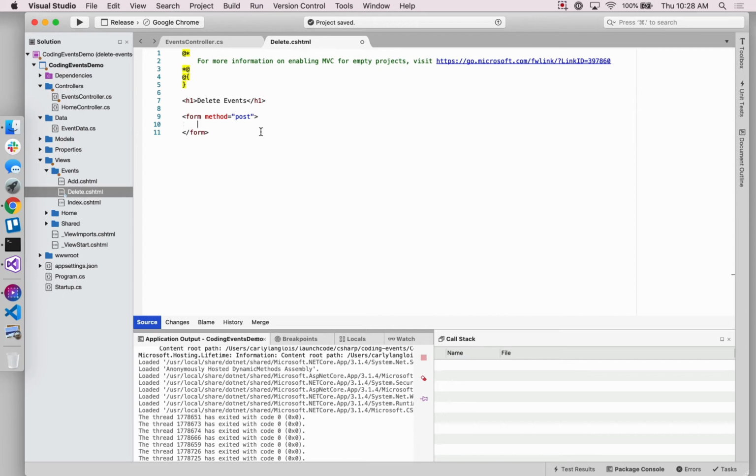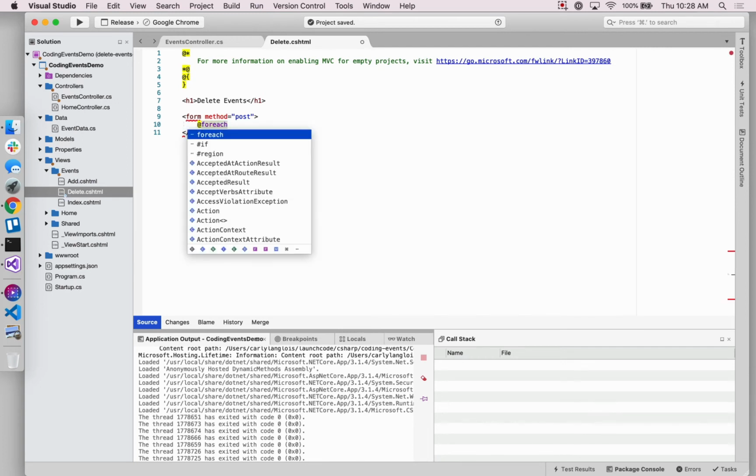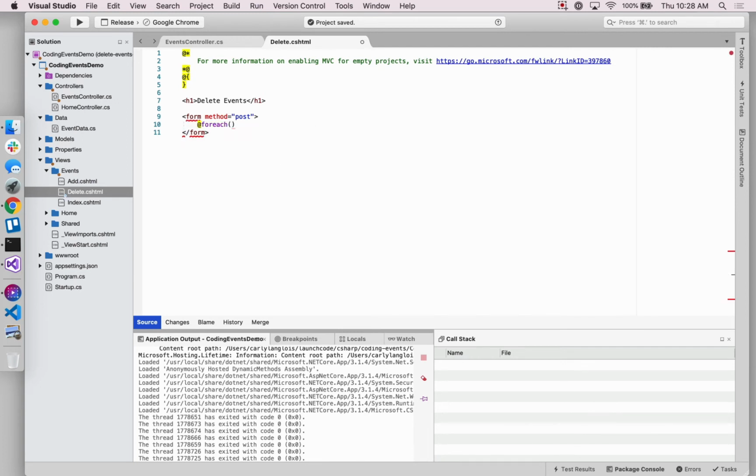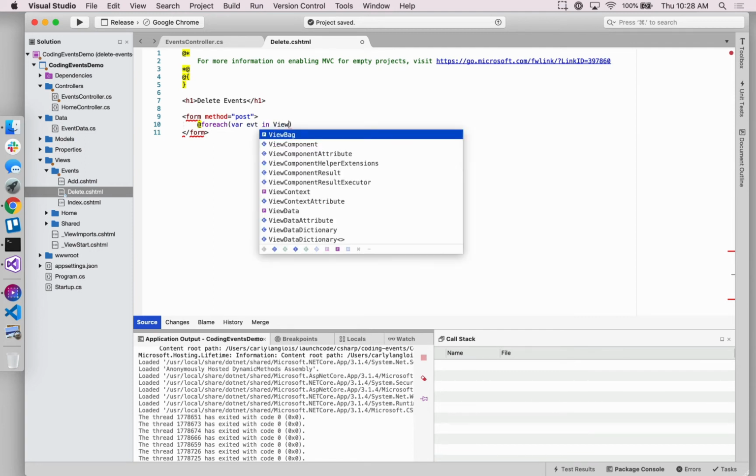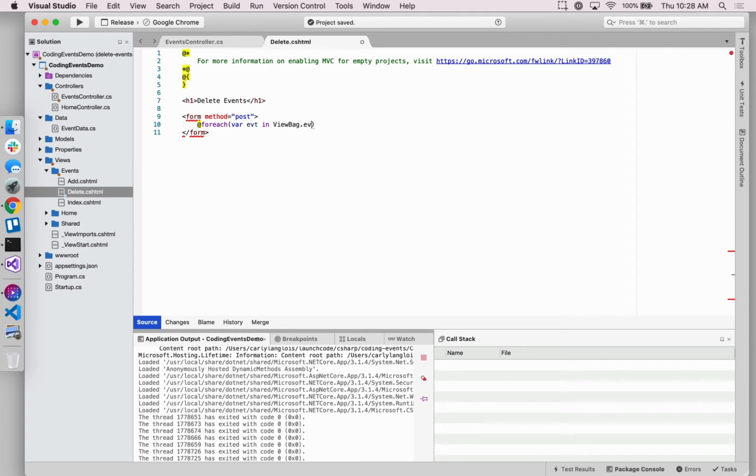So they'll be able to delete more than one at a time via this form. So with the form in place, let's add that C# logic. This is going to be another foreach loop, and we're going to say for each event in ViewBag.events,